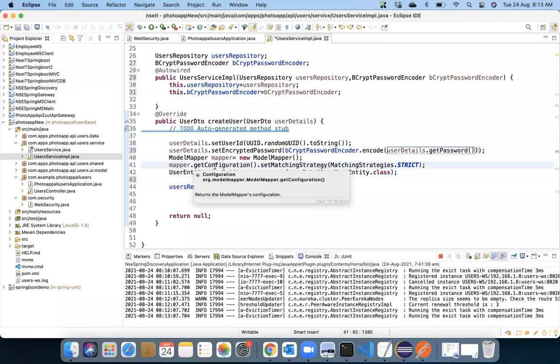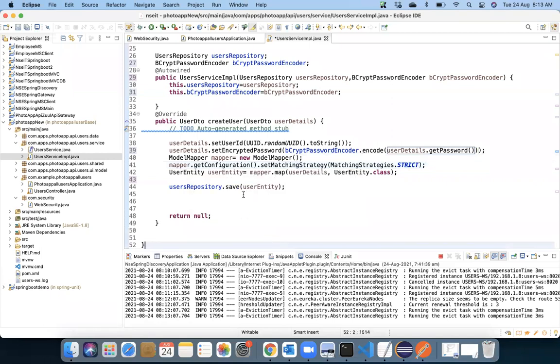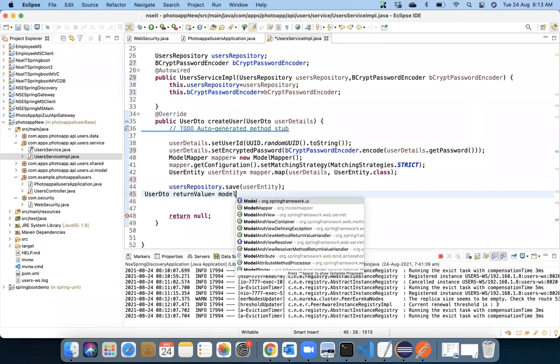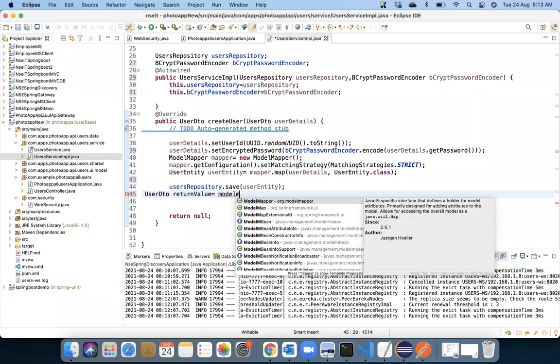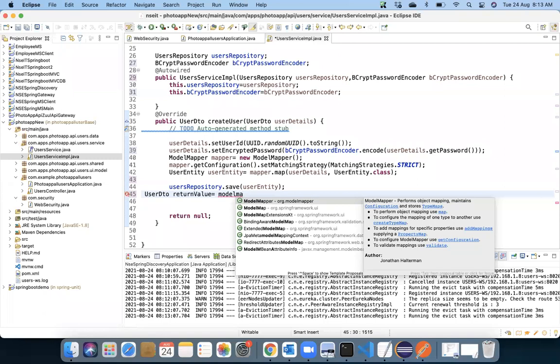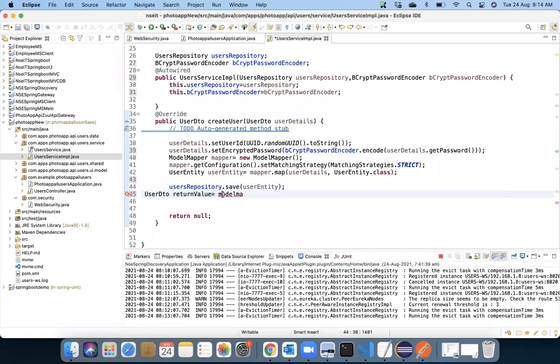The rest everything is going to be the same, user entity and all. userEntity dot save userEntity. After that, last but not least, I'll also be returning userDto, using the option in ModelMapper, which is defined on the top, that is called mapper.